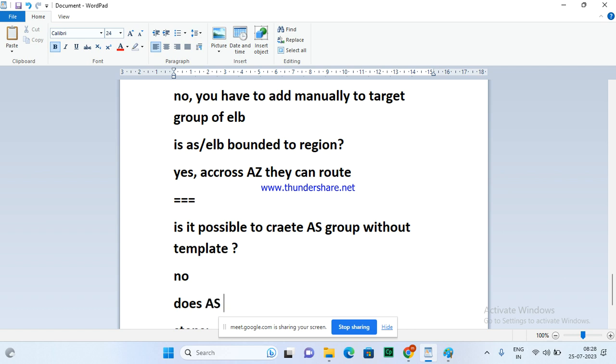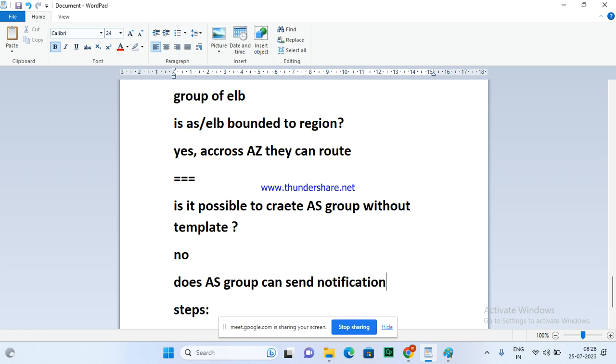Can the auto scaling group send notification to a certain team if something goes wrong?